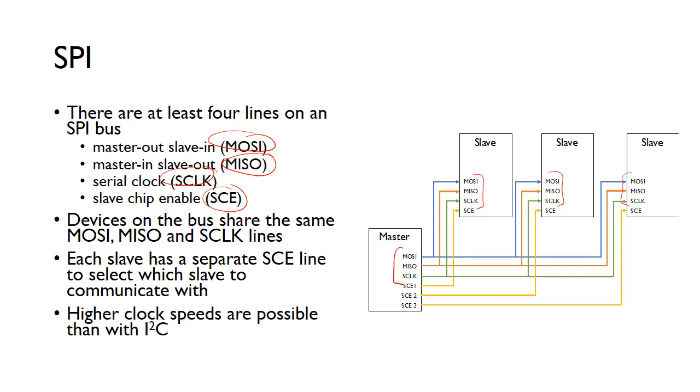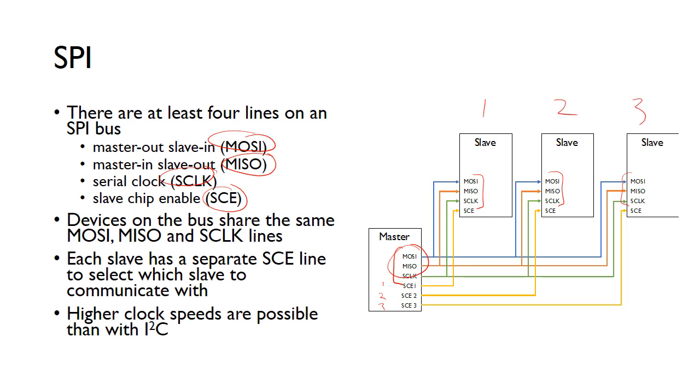But then each slave has got a different slave chip enable, or sometimes called a select line. There are different names, but each one of these has got a different line. They use the same lines to transmit the data, but when you want to send, for example, to slave 1, 2, 3,